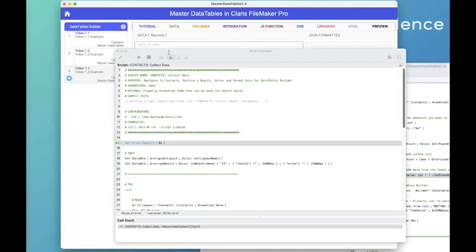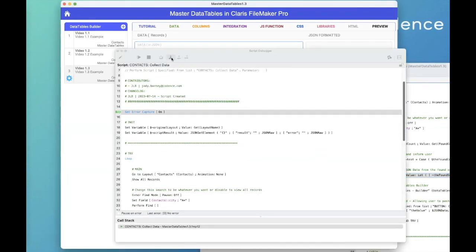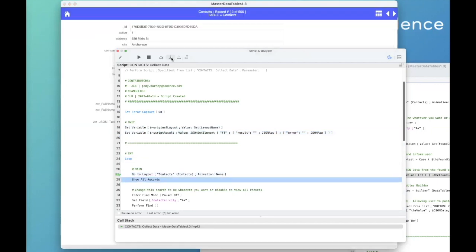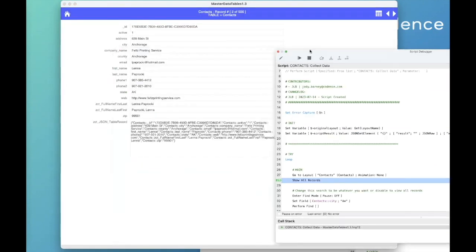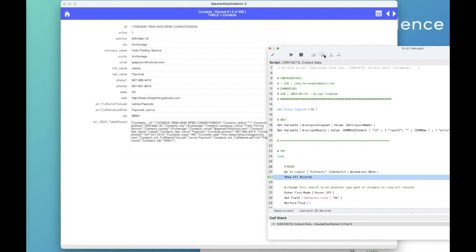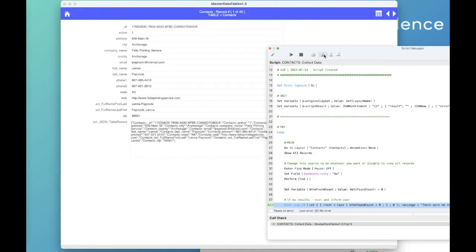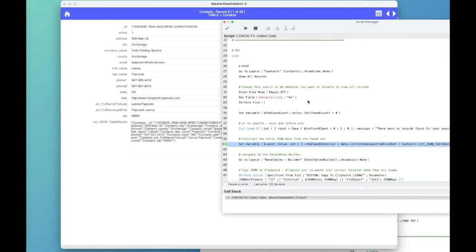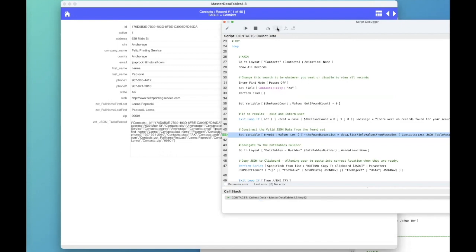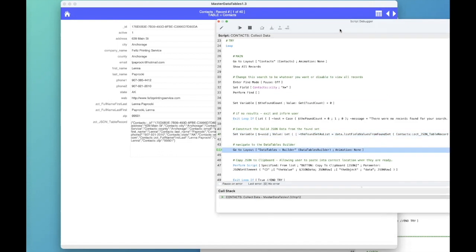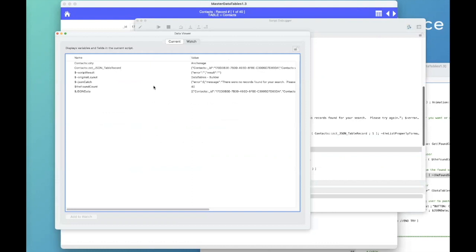All right, let's go ahead and get to the debugger. We are now heading to the context layout, there's 500 records in here. And we are simply performing our find. And it's telling us that we have 40 records in our found set. And what we're going to do now is construct the JSON. So here we go. If we look at the data viewer, we have